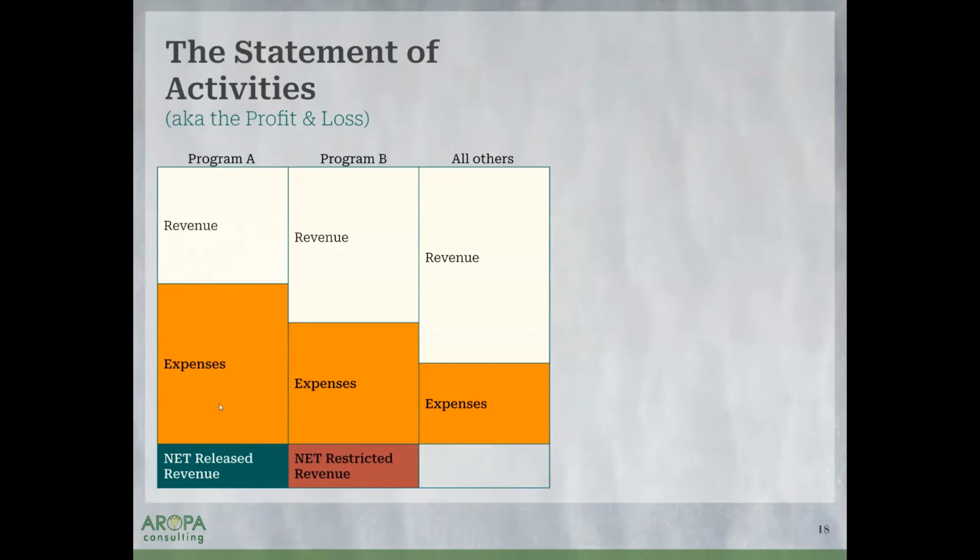So then that means that we have satisfied all of the requirements of that revenue, and therefore it is now considered released. What does released mean? When revenue is restricted by a donor, it means it's restricted. I like to think about it as in a little pen. You know, it's walled off right now and it can't be used until we satisfy the restriction. And when we satisfy the restriction, we can release that money from its box into the rest of the organization.